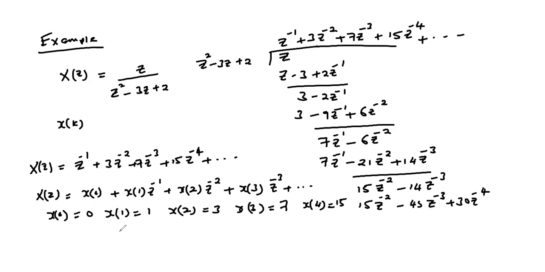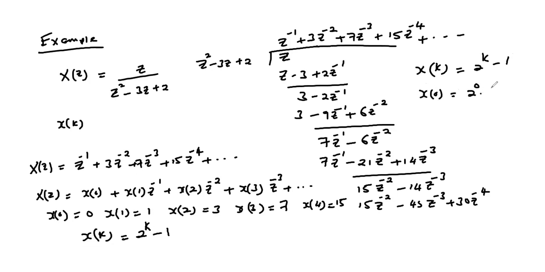From which our x of k, if we look at the relationship in terms of x of 0, x of 1, x of 2, x of 3, and x of 4, we can obtain that for any given value of k, x of k will be given by 2 power k minus 1. So x of k, we're saying, is 2 power k minus 1,